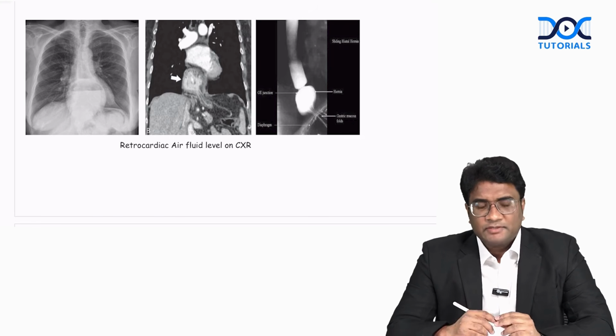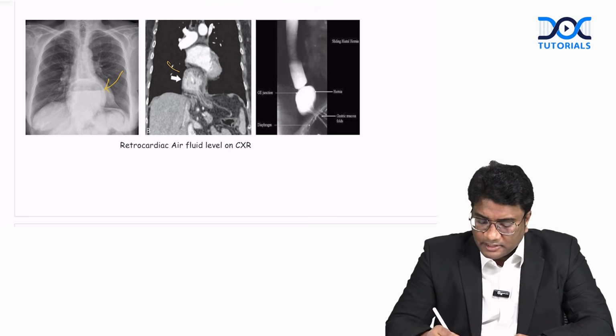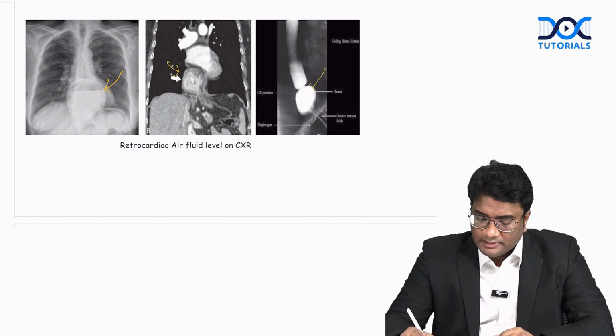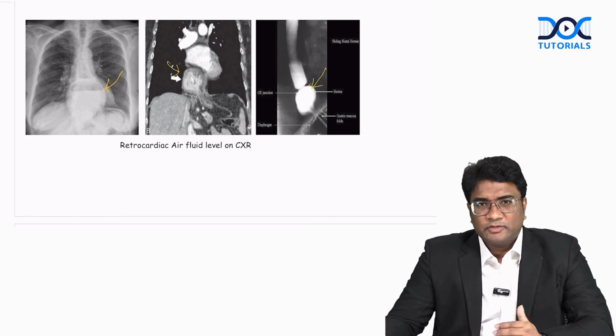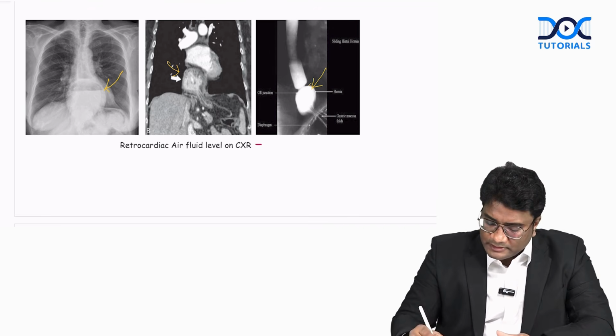Now look at these images. Here you can see a retrocardiac air fluid level. You can see part of the stomach herniating through the diaphragm into the thorax. So when the stomach herniates and enters into the thoracic region through the esophageal opening, you have a retrocardiac air fluid level on the chest X-ray. So when you have a retrocardiac air fluid level on chest X-ray, please think of hiatal hernia